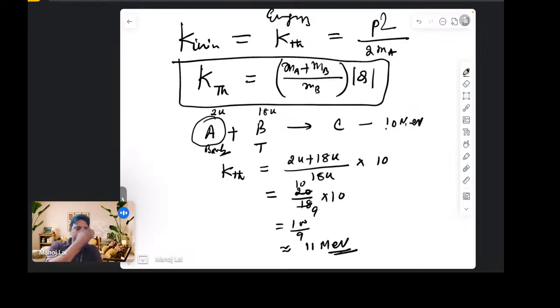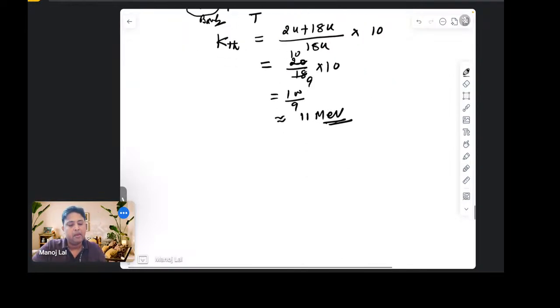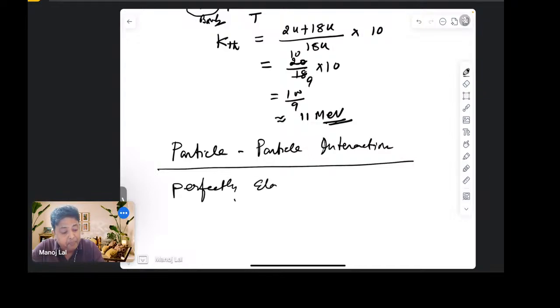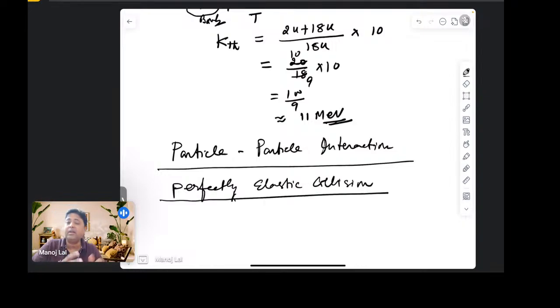बच्चों, तो यहां तक हमने किया। आइए हम पार्टिकल पार्टिकल इंटरेक्शन में एक पर्टिकुलर केस डिस्कस करते हैं जो कि परफेक्टली इलास्टिक है। We are talking about the elastic collision in particle particle interaction. अभी मैं इन इलास्टिक की बात छोड़ देता हूँ, इन इलास्टिक की बातें मैंने कर ली जो रिक्वायर्ड थी। अब मैं आता हूँ परफेक्टली इलास्टिक कोलिजन की बात करता हूँ पार्टिकल पार्टिकल इंटरेक्शन में। I am talking perfectly elastic collision।